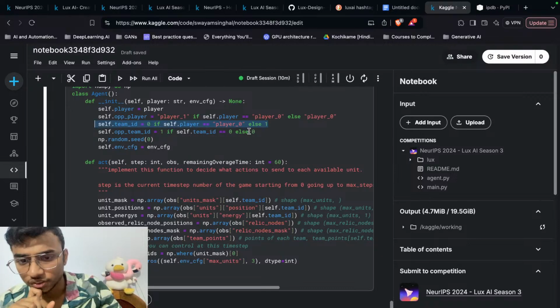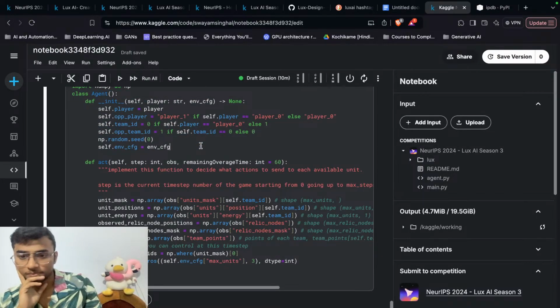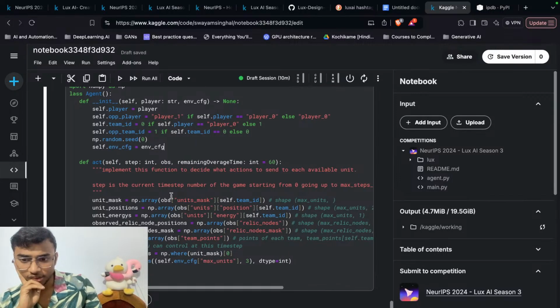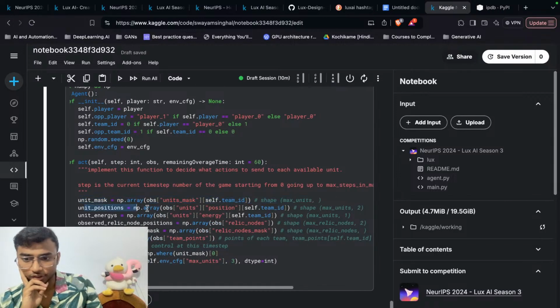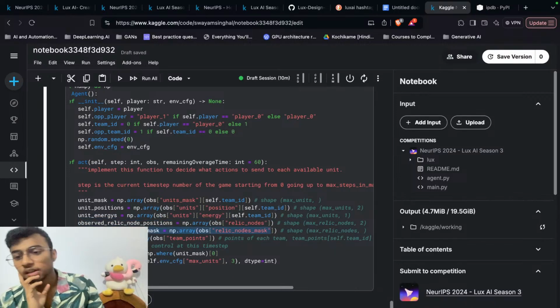I think all of this we don't need to worry about. The initialization would be taken care of by them. And now what we have to do is you're getting your unit mask wherever your unit is, you're getting your unit positions, your unit energies, and your observed relic node positions, observed relic node mask, team points, available unit IDs,